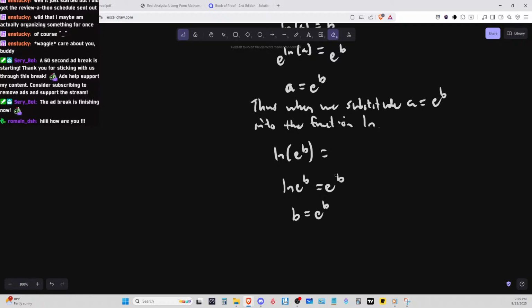Oops, I think I rewrote that. It has to be B at the end. That's why I was getting a little confused. Okay, so when we substitute A equals e to the B power into the function natural log, we end up with